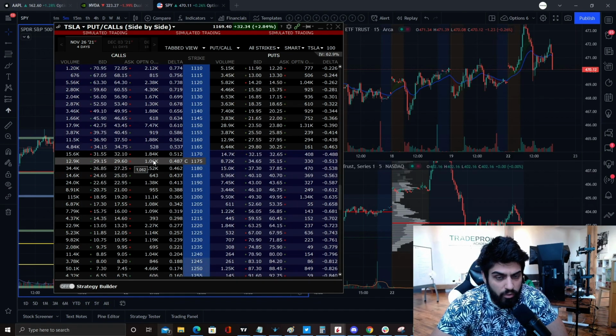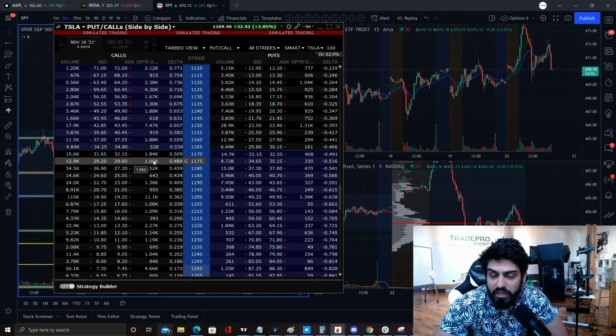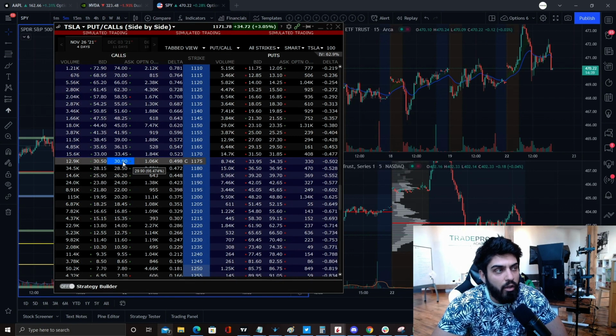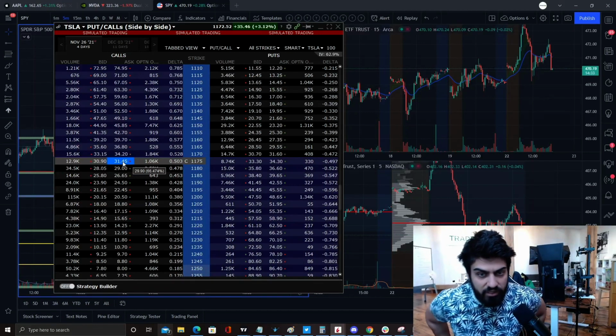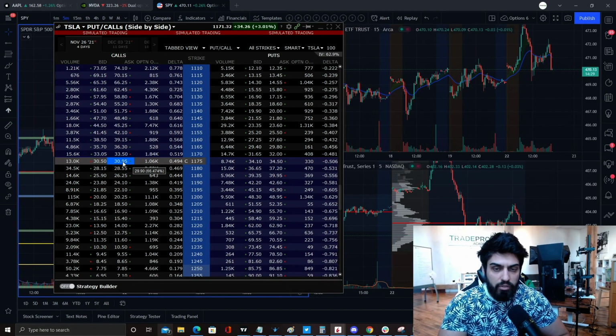So that means that volume will increase regardless if there are trades back and forth between buyers and sellers for this contract. If I am a buyer and I buy this contract, that means I'm going to exchange hands with a seller, so I'm going to contribute to the volume itself. Now, if I open a contract or close a contract, by closing a contract, I mean if I exercise a contract,